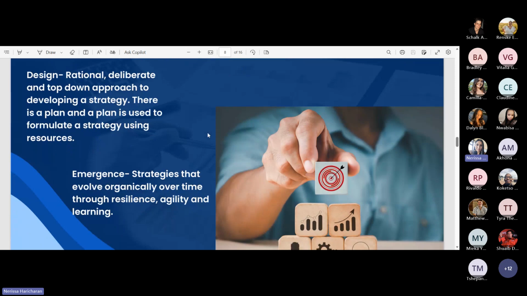When we're looking at emergence, it's different strategies that evolve organically over time. You want to be able to have an agile and a good learning experience when it comes to having a good supply chain. So the first thing is you want to understand what is a good strategy and what is a bad strategy. And Rumelt's approach and Mintzberg's approach is very fundamentally about how can you align your supply chain with different principles,